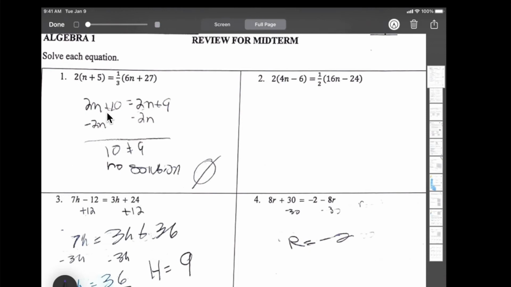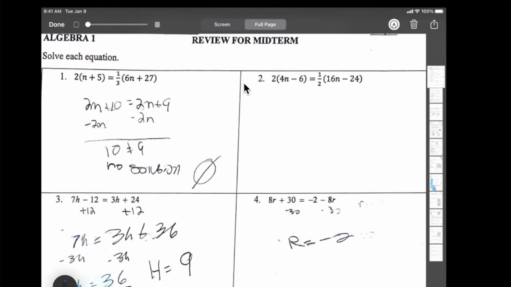Okay, let's go ahead and do this review sheet for the midterm for the Algebra 1 class. So let's start over here with number 2. Folks, you can't do anything without distributing. So the first thing we need to do is take this 2 and take this 1/2 and distribute it to